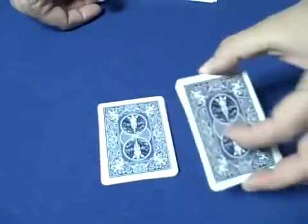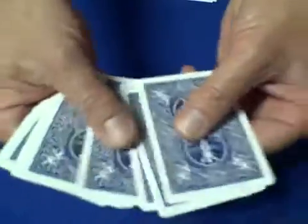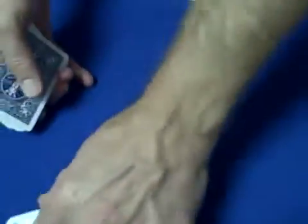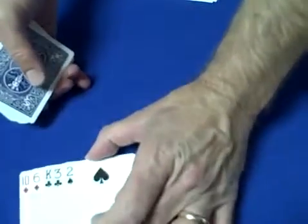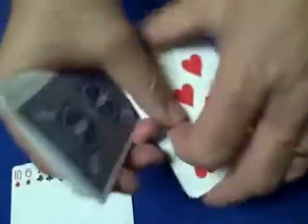They could cut the cards anywhere they want and complete the cut. Now what we're going to do is we're going to take off 5 cards off the top, 1, 2, 3, 4, 5. We're not going to reverse the order. We're just going to flip them over and spread them out. So there's the first set of 5. 1, 2, 3, 4, 5. We're going to flip them over,